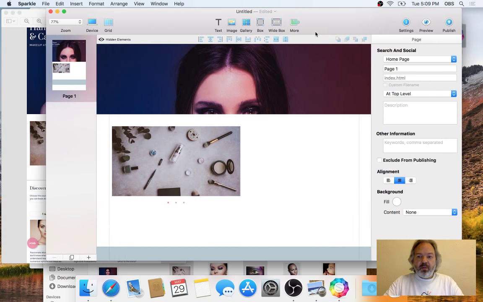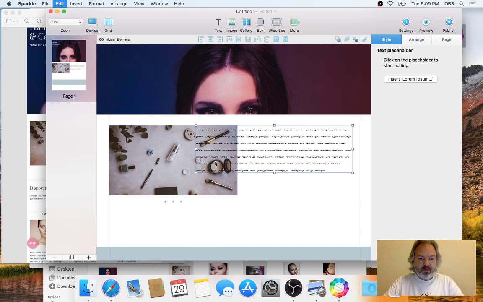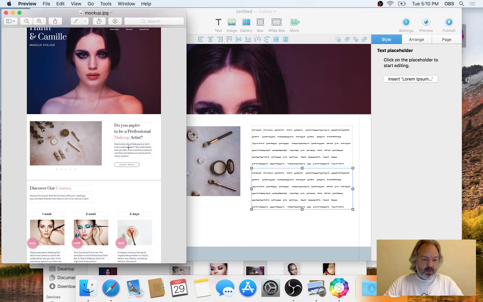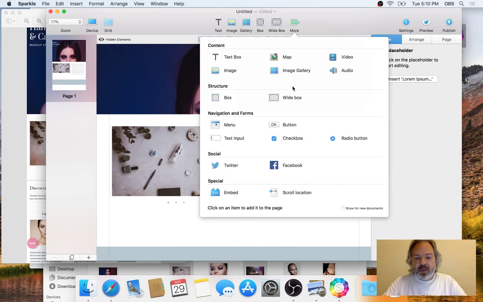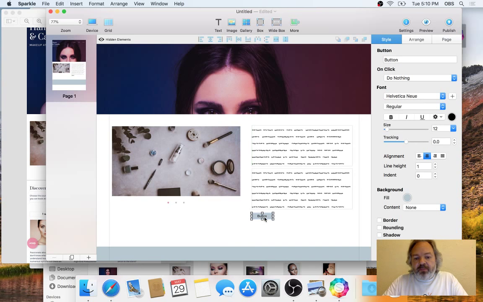So now I'm going to add a couple sections of text here. One is right here. Let's do that. And another one below. So as you see, I'm following a mock-up here. I could be sort of trying to figure it out and add elements. The elements on a page have a default look, which is sort of a rough sketch or wireframe look. So these text blocks,